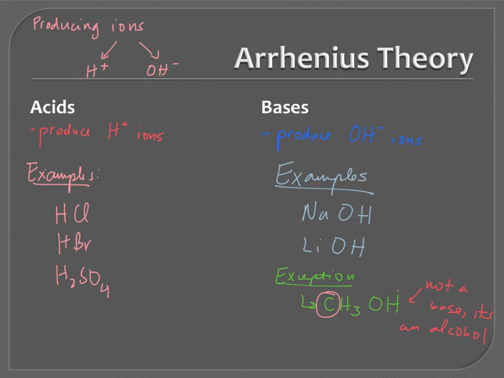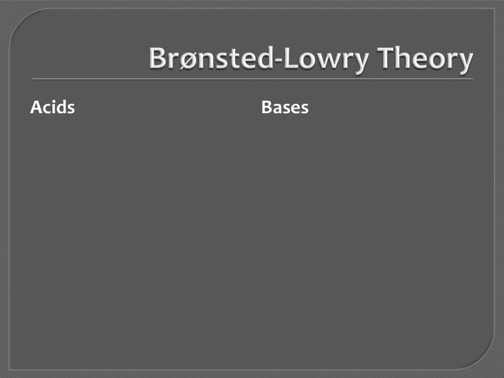You might see some other examples like NH, well actually, that will go into the other definition. These are some examples of acids and bases following the Arrhenius theory. Now, the Bronsted-Lowry theory will explain why other substances are considered acids and bases, but not necessarily so under the Arrhenius theory. So this is based on